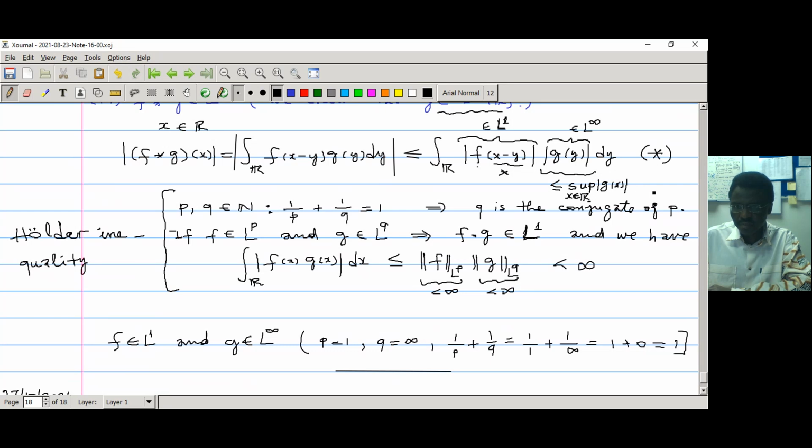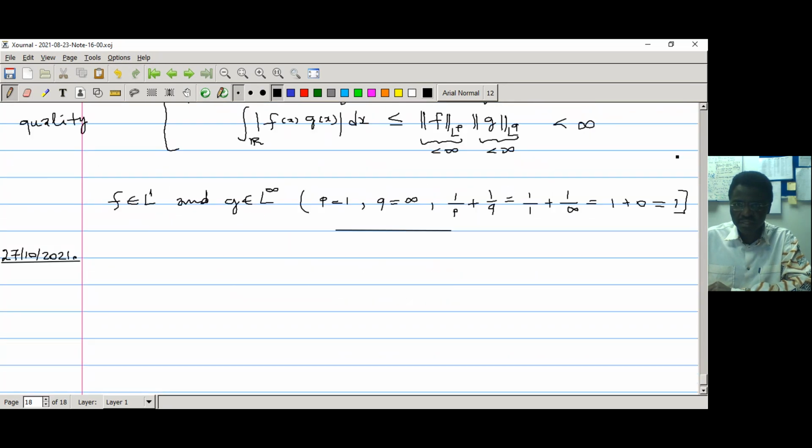And this supremum is the infinity norm, or the L infinity norm. You can put infinity or L infinity, it's the same thing. So now this entire integral will be less than the integral of f of whatever is there times the supremum, that's the norm. So I will just write it here. I'll say star implies